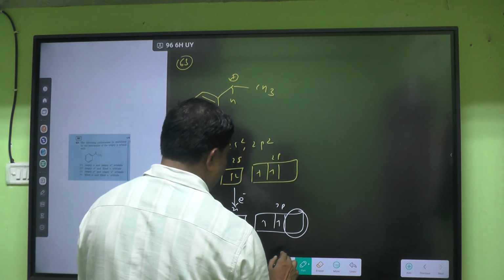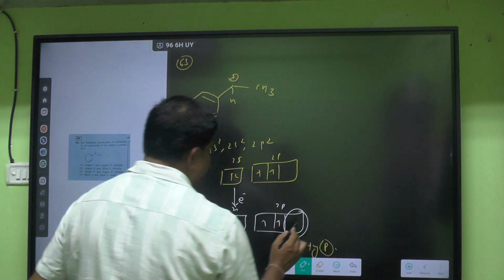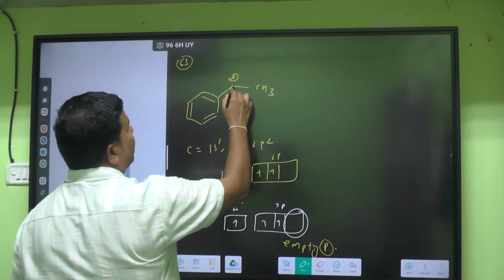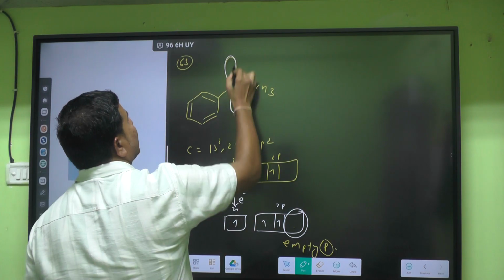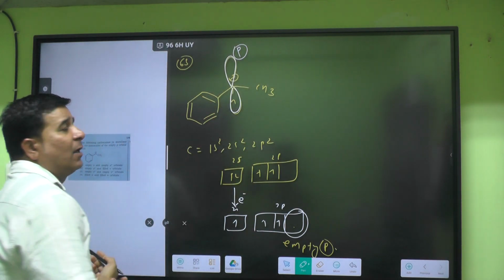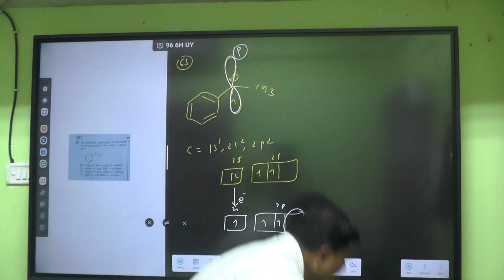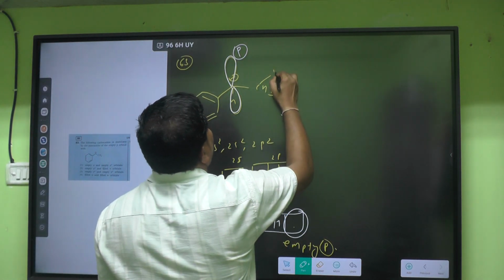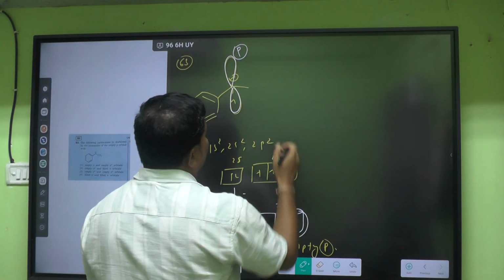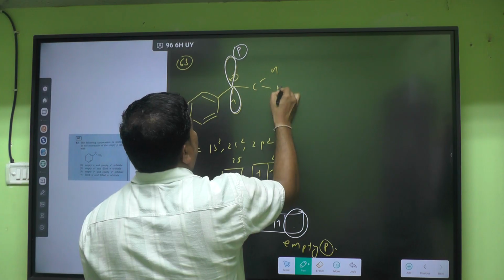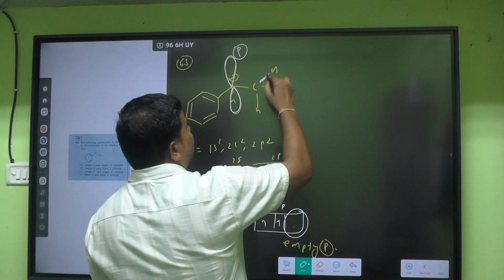This empty orbital is the p orbital of carbon. Here is CH3, and all are sigma bonded. One hydrogen is here. Remember it is a CH bond, a filled orbital. Now CH4, this filled